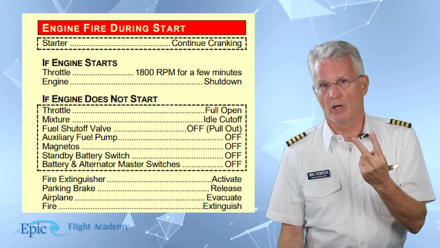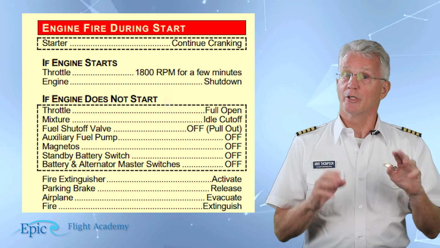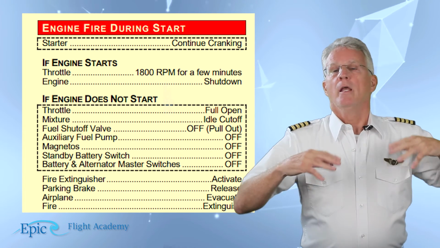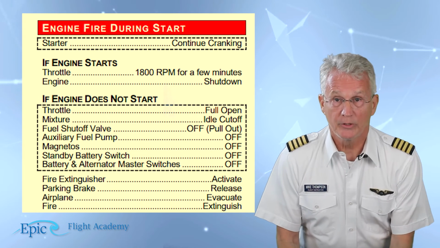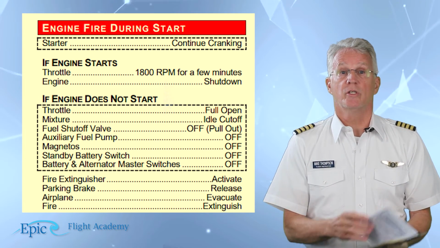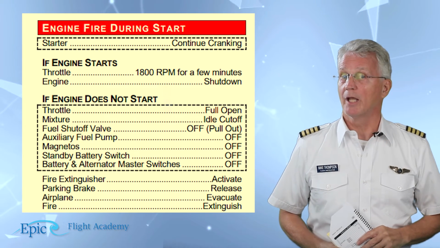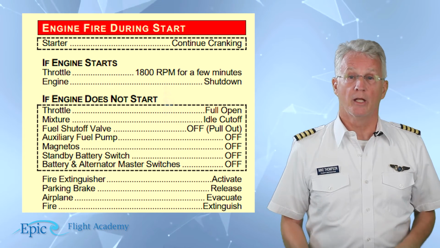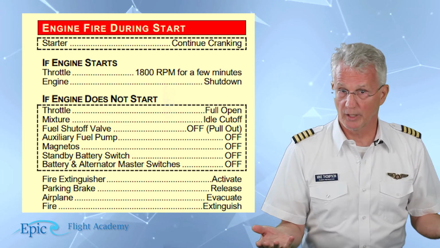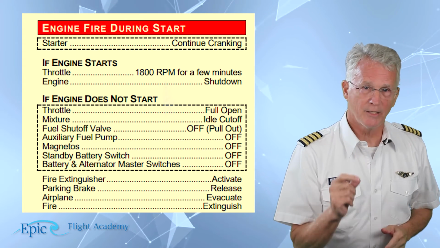Now, one of 2 things is going to happen. Number 1, the engine starts. Number 2, the engine does not start. If the engine starts, then we can get out the checklist and we can see that our procedure is to run the RPM up to 1800 and run the engine for a few minutes and then complete a normal shutdown. If the engine does not start,